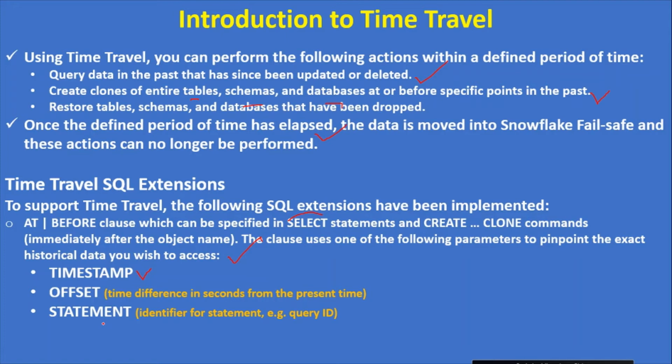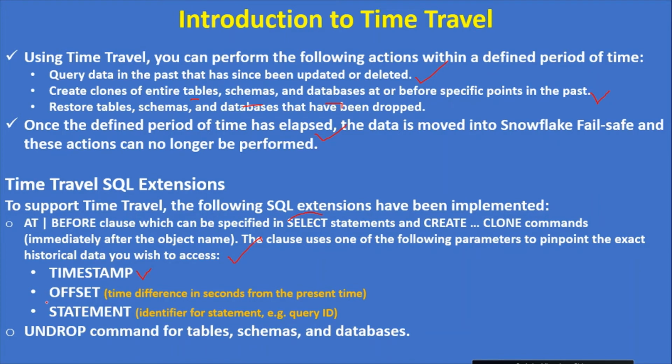What was my data? In that case, you can use this statement instead of offset or timestamp. These are the three pinpoint parameters used to access the exact historical data.